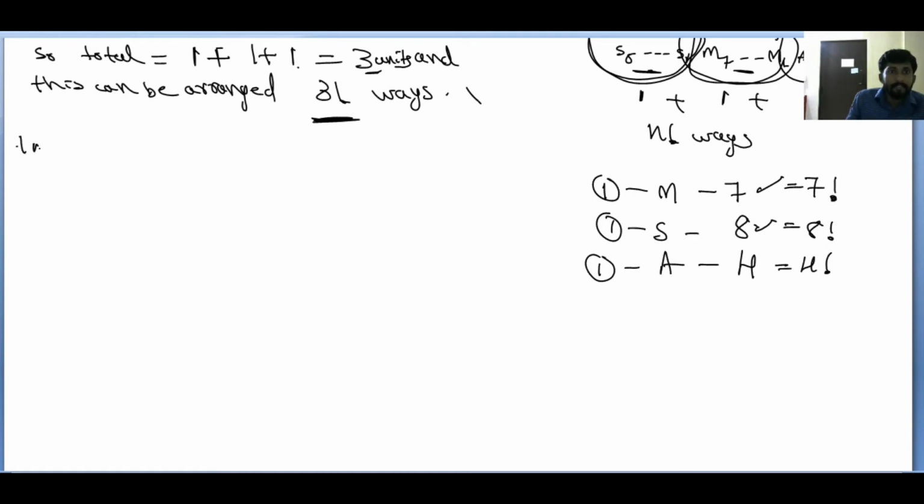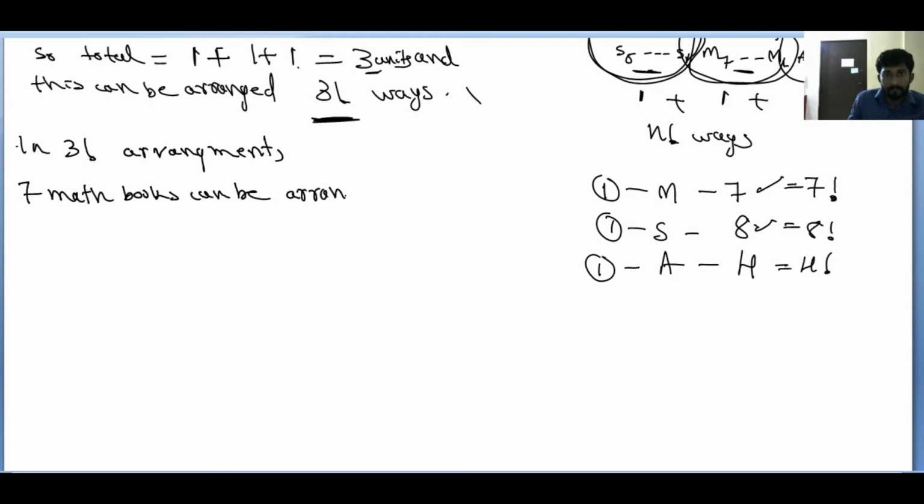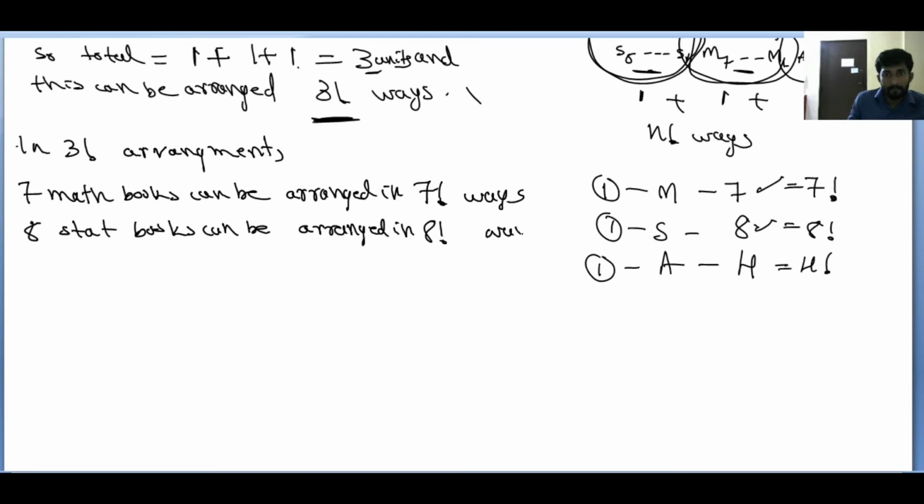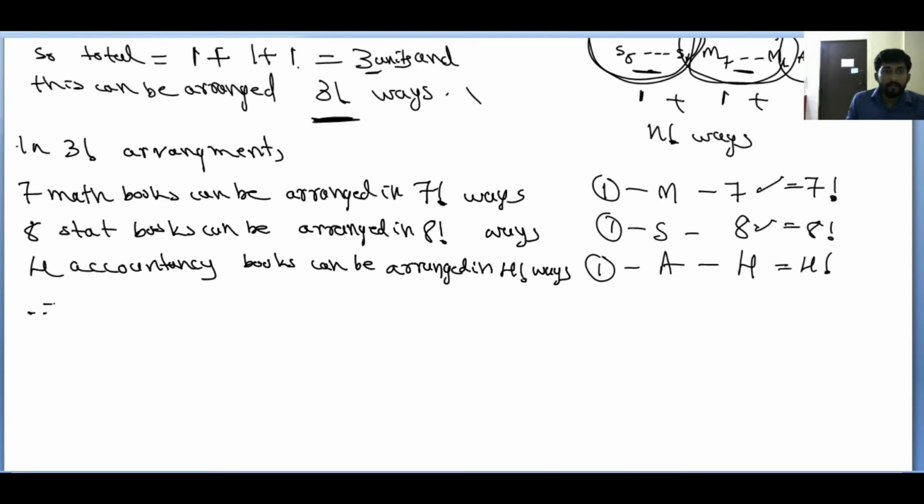So, in the 3 factorial arrangements, okay, 7 maths books can be arranged in 7 factorial ways, 8 stat books can be arranged in 8 factorial ways, and 4 accountancy books can be arranged in 4 factorial ways. Therefore, total arrangements